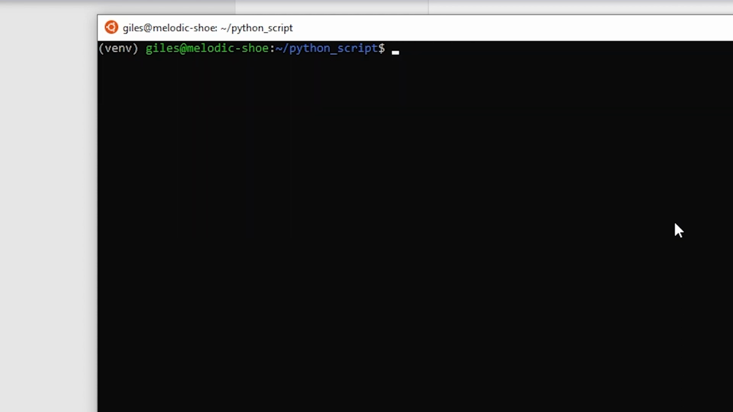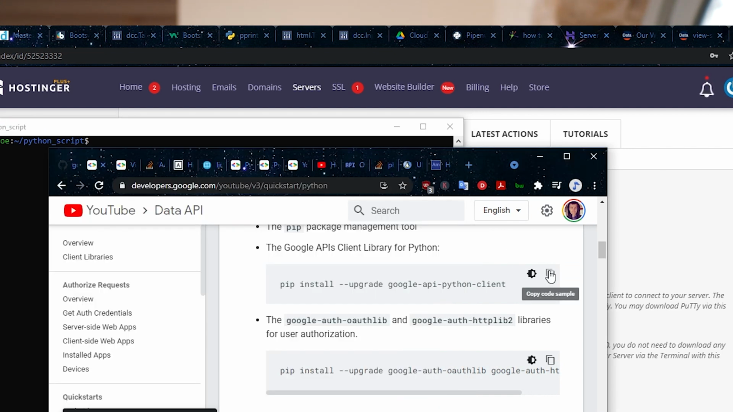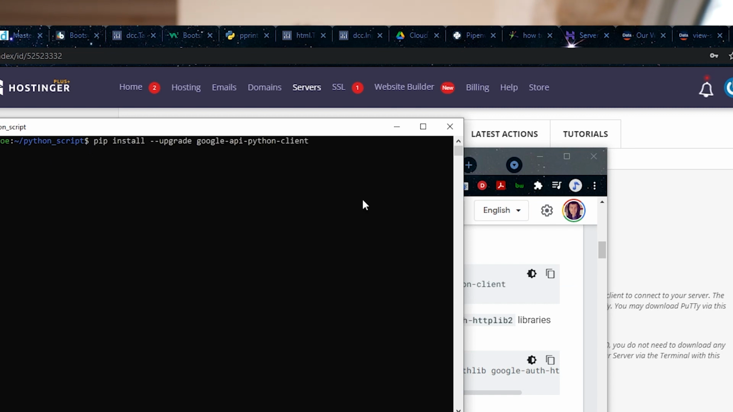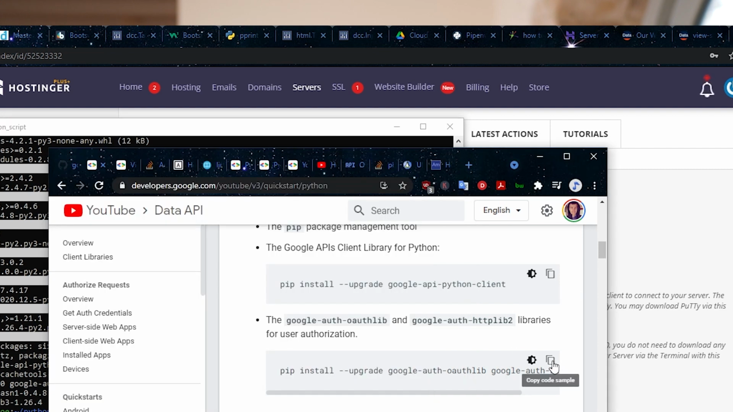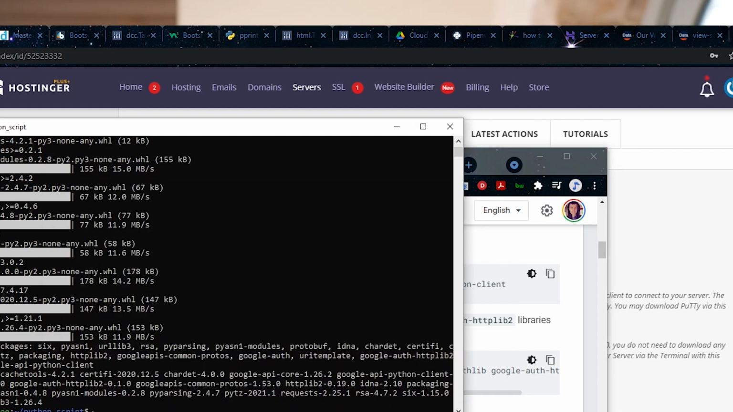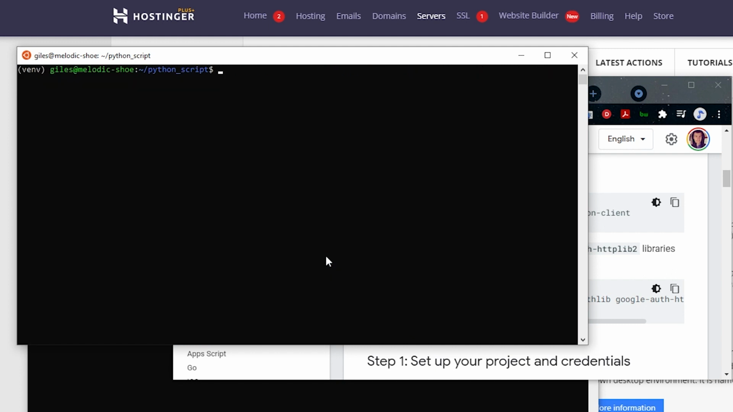So we have that now, and now we just need to go back to the YouTube API page, because I can't remember the name of the package. So it's this one that we need to install. So I'll just do that. Thought I'd copied it. Copy to clipboard. There we are. So we'll install that. And while that's installing, let's just take this one as well, and we'll install that. Okay, so we've installed everything that we need to install now, and we should be able to run this script